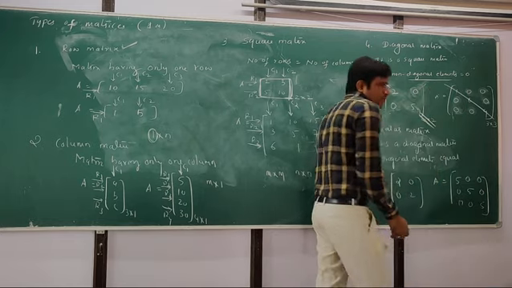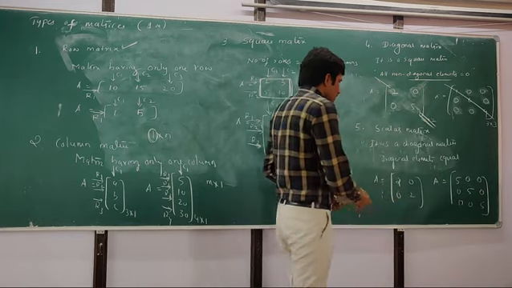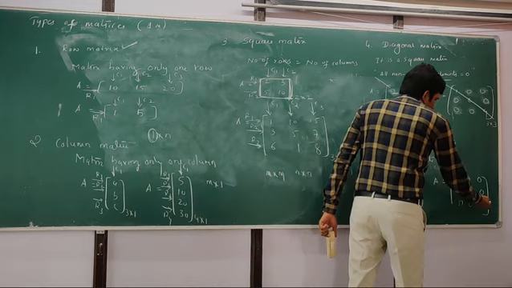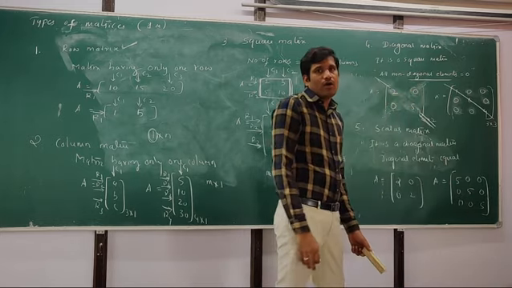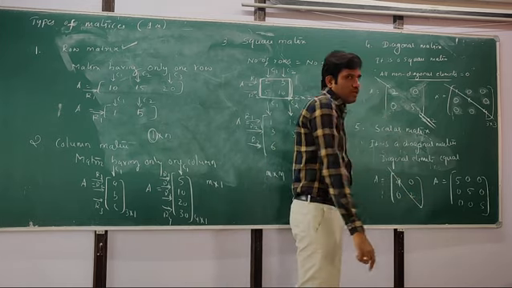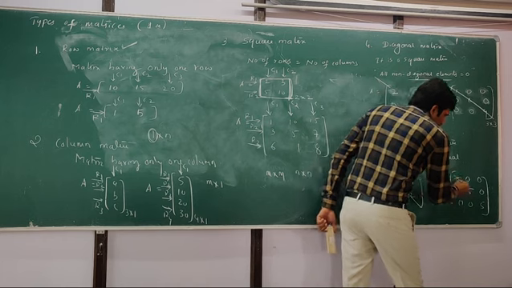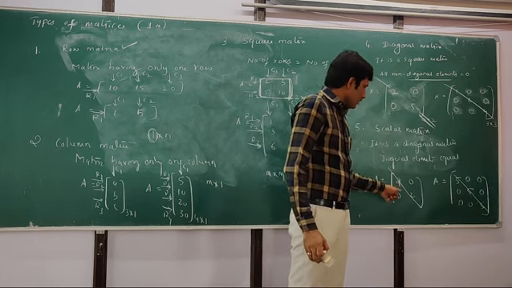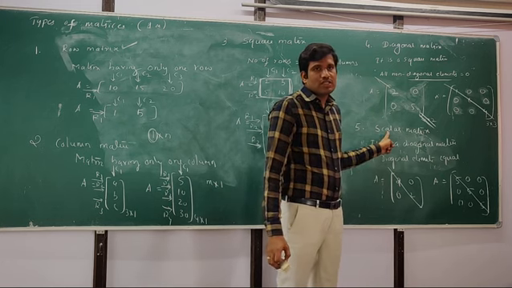Now we can see that this is a diagonal matrix because other than the diagonal elements, all remaining elements are equal to 0. This is also a diagonal matrix because other than the diagonal elements, all remaining elements are equal to 0. But we can observe that the elements presented in the diagonal are the same. Here it is 5, 5, 5, and here it is 2, 2. So when diagonal elements are equal, then that matrix we call a scalar matrix.